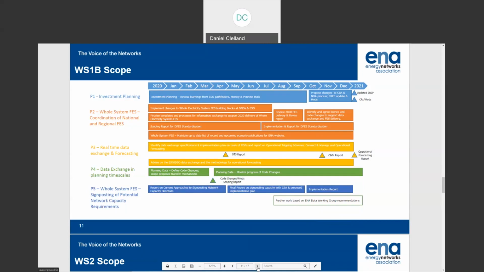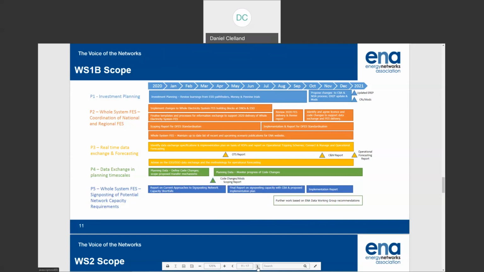Again, we're looking to pull together what the recommendations are for change, and then depending on the scale of change, we'll be looking at implementation and a report on implementation plan for that signposting of potential capacity requirements. So again, another important element that we've introduced into the PID for this year.